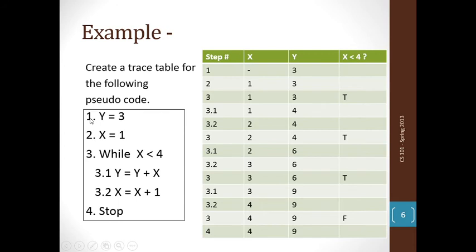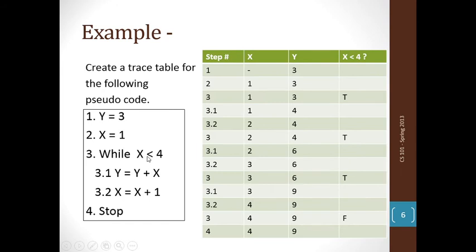In the first step, we do not know the value of x here, but we are assigning 3 to y, so y contains 3. In the second step, x is equal to 1, so the value of x becomes 1 and the value of y was 3.